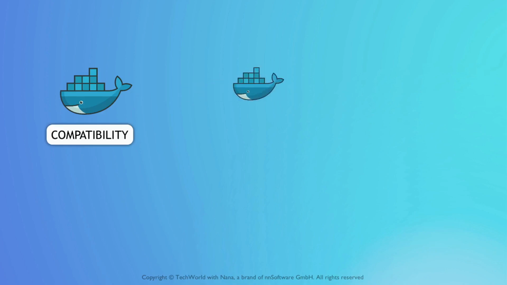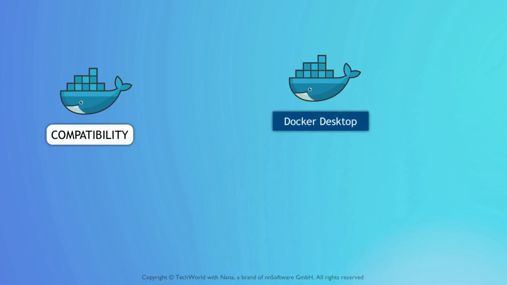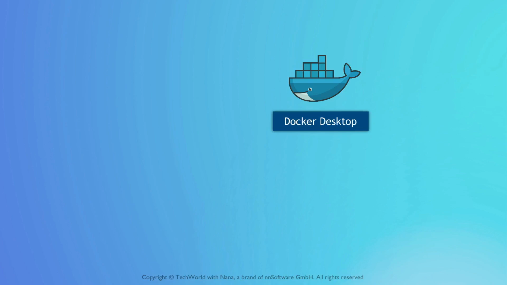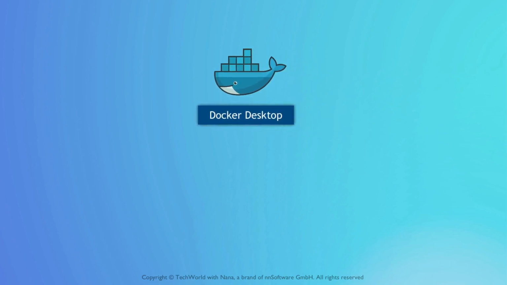But later, Docker made an update and developed what's called Docker Desktop for Windows and Mac, which made it possible to run Linux-based containers on Windows and Mac computers as well. The way it works is that Docker Desktop uses a hypervisor layer with a lightweight Linux distribution on top of it to provide the needed Linux kernel.